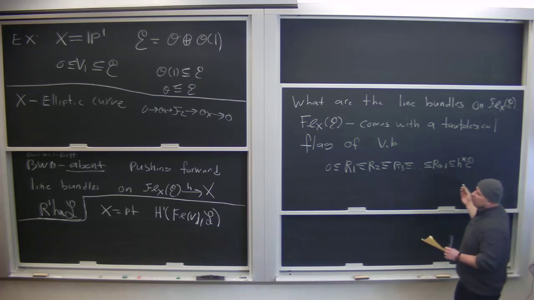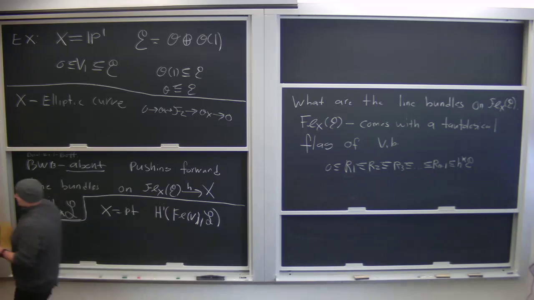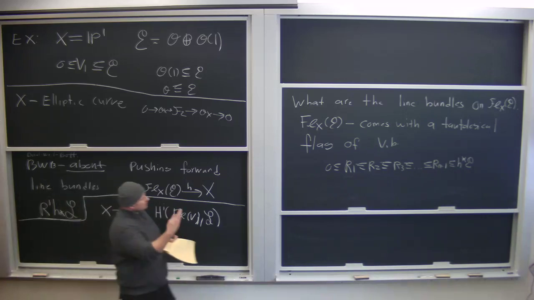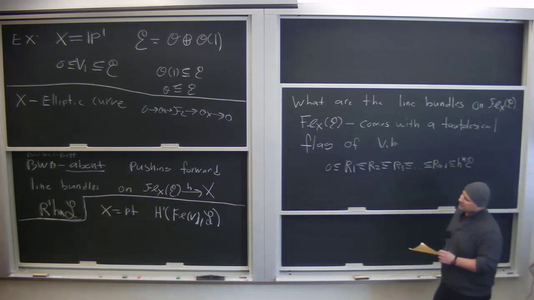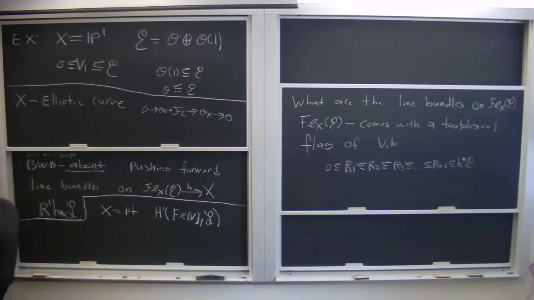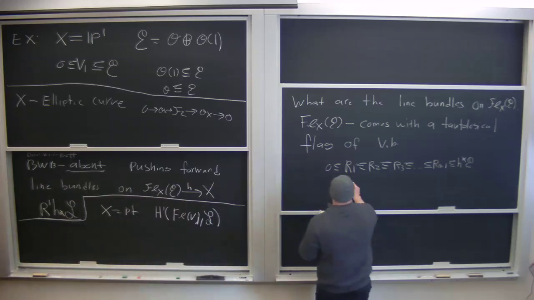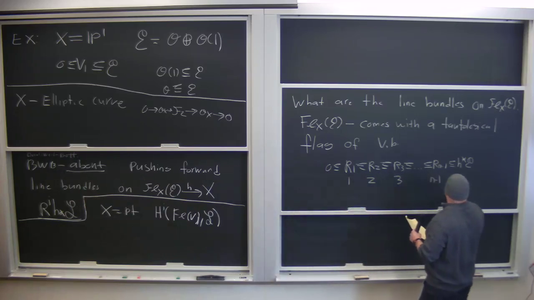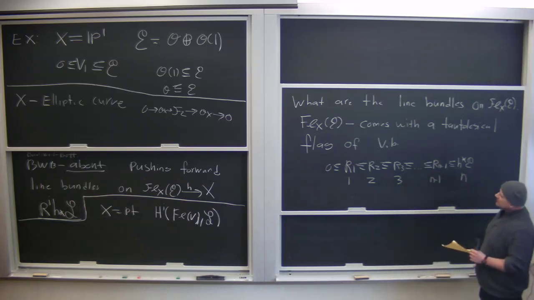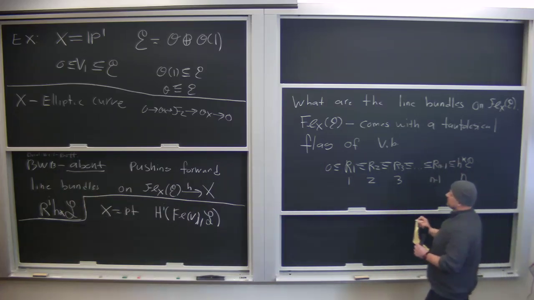So what's the flag that you get given a point? Well, if you have a point on here, you get a map into here from your variety X, and then you pull back this flag here, and this is the flag that you get associated to a point. So this is rank 1, this is rank 2, this is rank 3, this is rank n-1, this is rank n. So what I can do is produce line bundles on here by setting